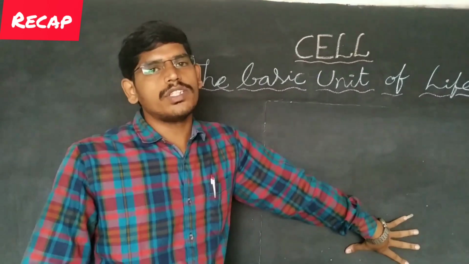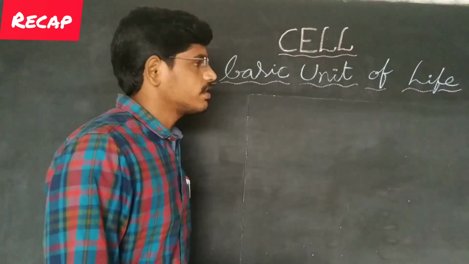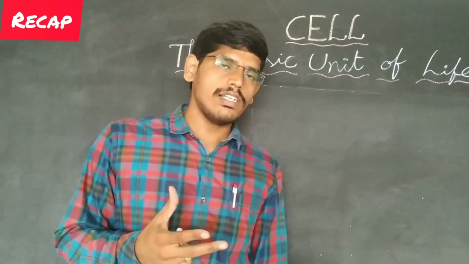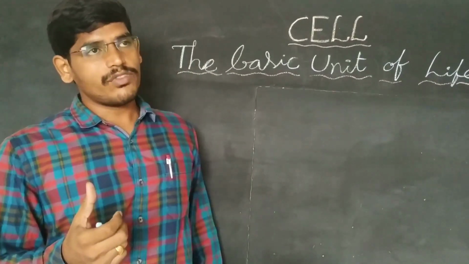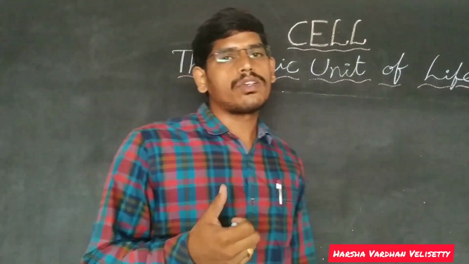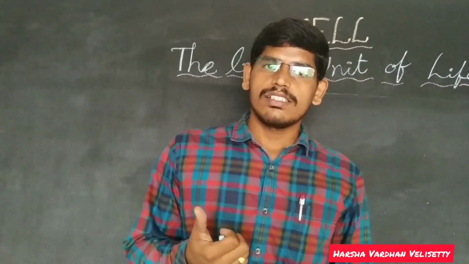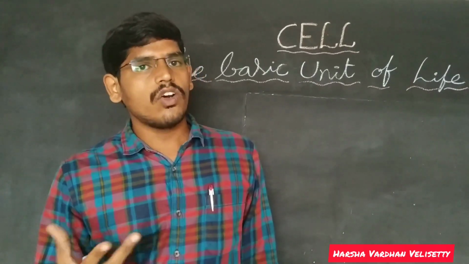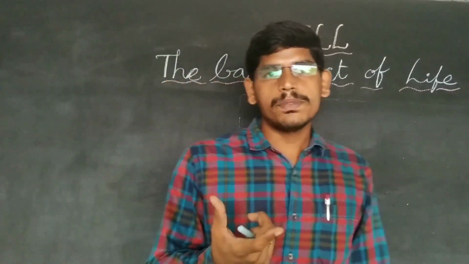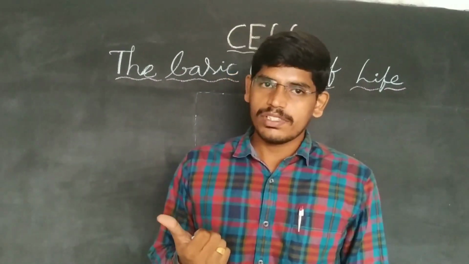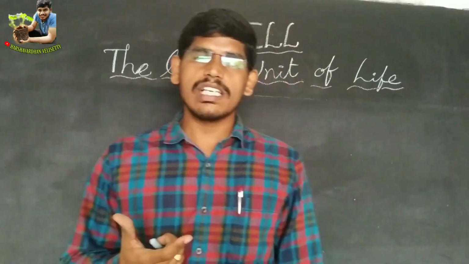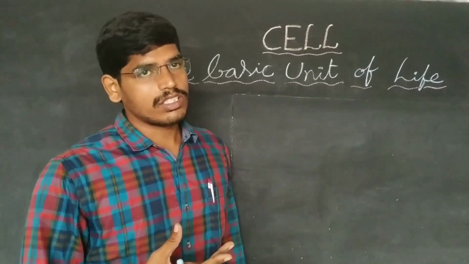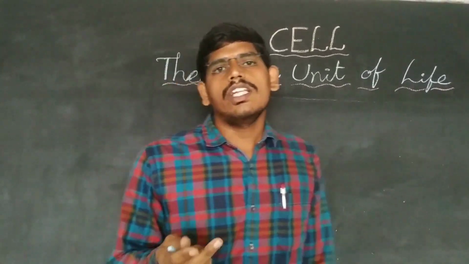In this class, we are going to take a recap of our previous class first. In the previous class, we discussed the topics, the invention and the discovery of the cell, and after that, the diversity of the cell. First of all, invention. The person who invented the microscope is Jacques Janssen, and next, Robert Hooke discovered the cell, and next, Antony van Leeuwenhoek discovered microbes, and after that, the cell is of two types. They are, first one is unicellular organisms, and the second one is multicellular organisms. Examples of unicellular organisms are Hydra, amoeba, etc. And next, multicellular organisms are highly developed animals and human beings.